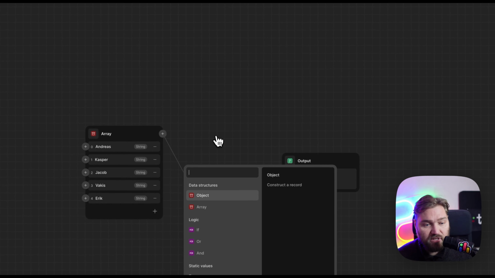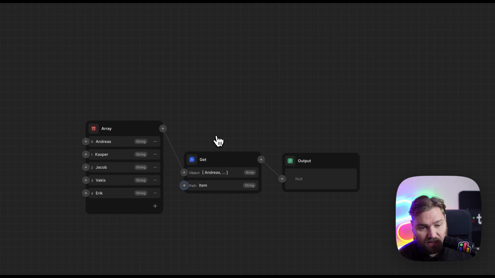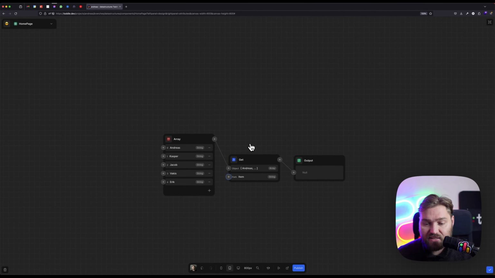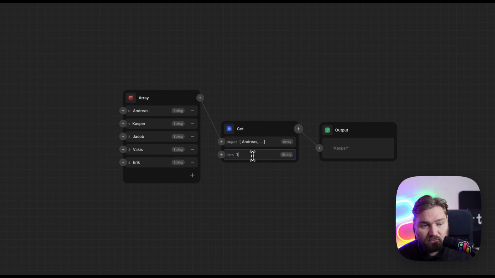So one very simple one is we can say get, and then I can access a specific item from the array. And you notice here on the left, we've got these little numbers. So this is the index for each item. So an index is the position in the array where each item is. So if I say, for example, 0 here, I'll get out the first element, and then 1 for number 2,